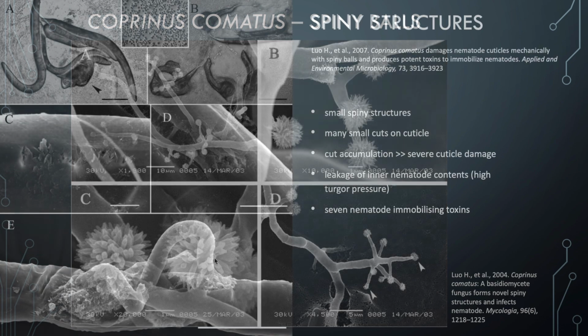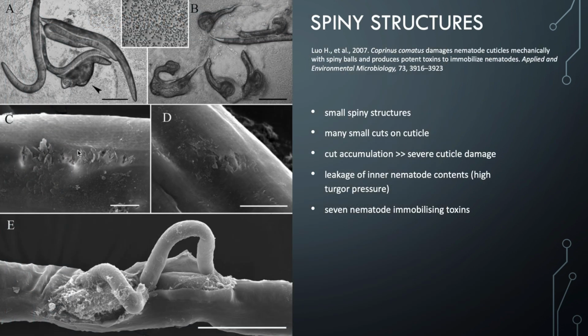And so these structures have been shown to create many small cuts on the cuticle of the nematode, and these cuts then accumulate and therefore cause severe cuticle damage through the leakage of the inner nematode contents,